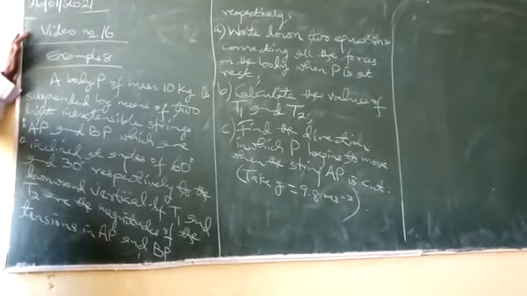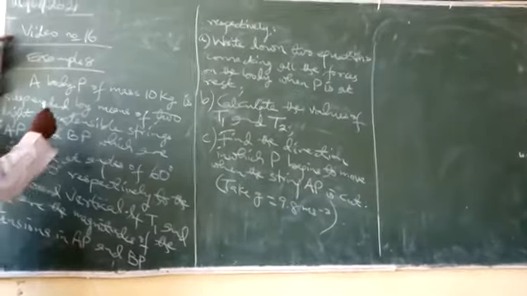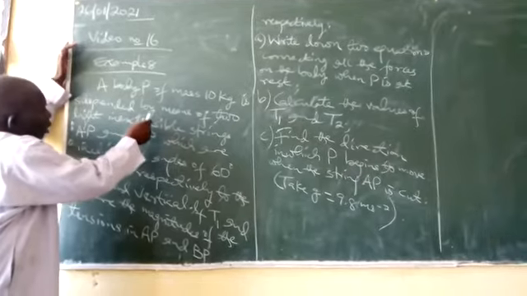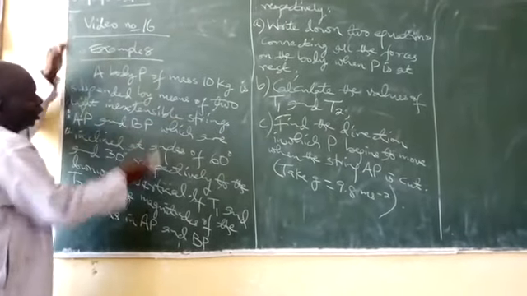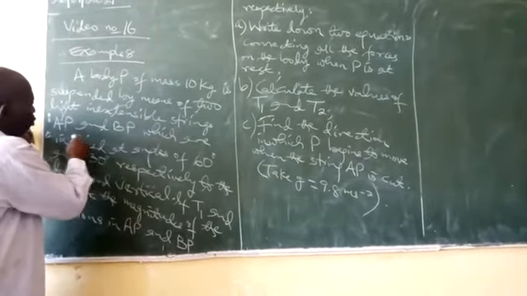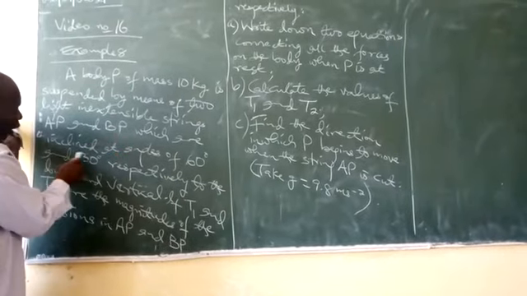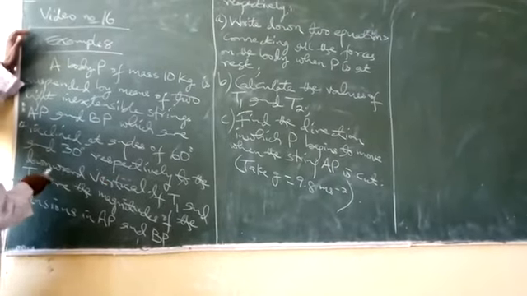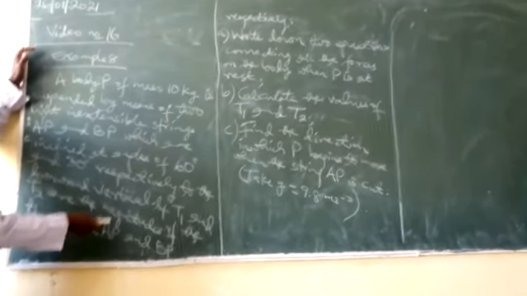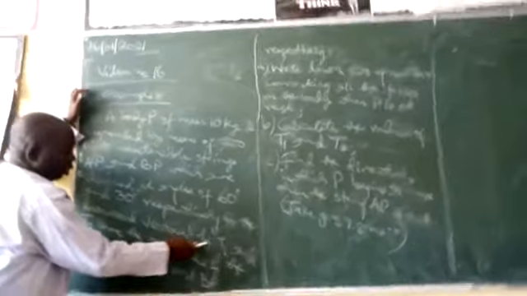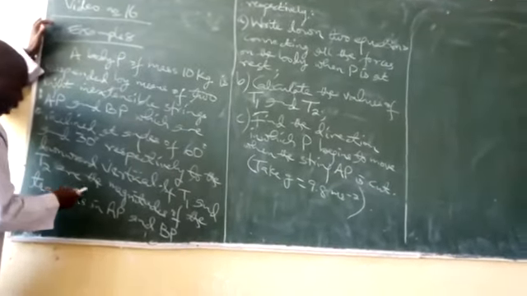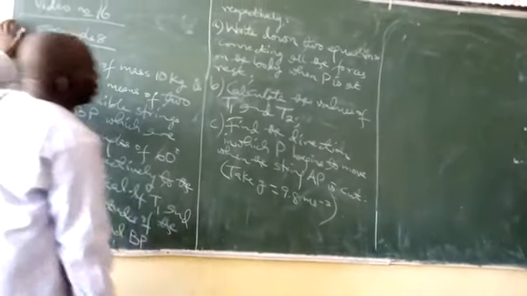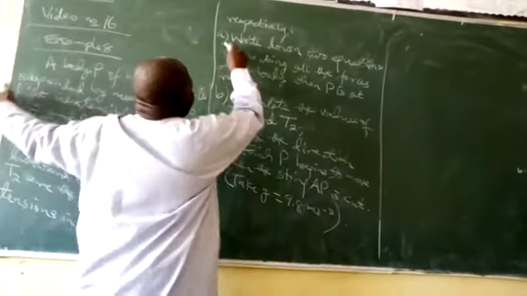Example 8. I read the question. A body P of mass 10 kg is suspended by means of two light inextensible strings, AP and BP, which are inclined at angles of 60 degrees and 30 degrees respectively to the downward vertical. If T1 and T2 are the magnitudes of the tensions in AP and BP respectively,